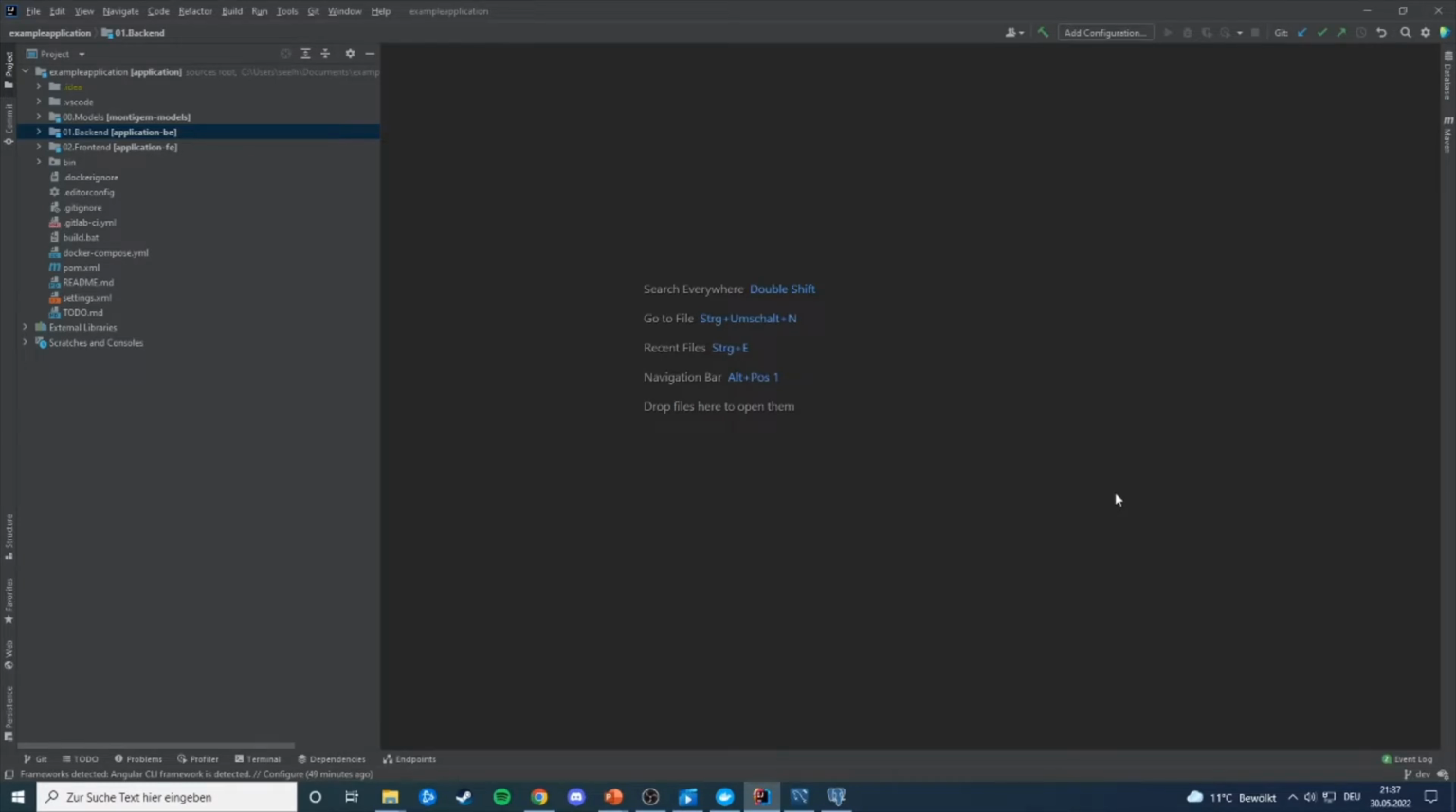Okay, now we are inside IntelliJ, and here we have the example application, which is a web application where MontiGem generates code into. And we have 3 different projects, the models, the backend and the front end. However, the front end is not relevant for us since we are only concerned with the connection to multiple databases. So if we take a look at the models,